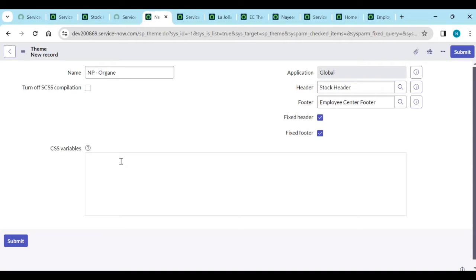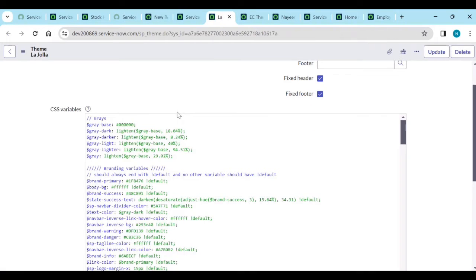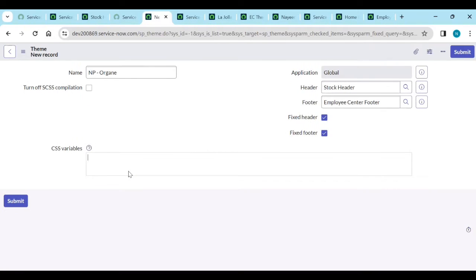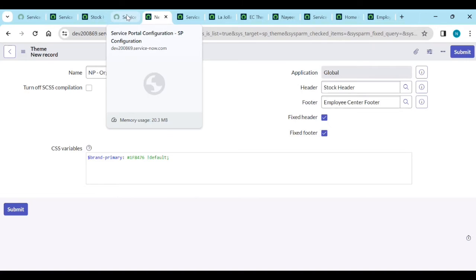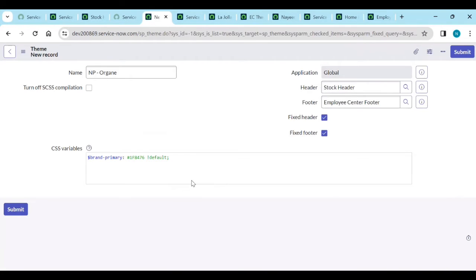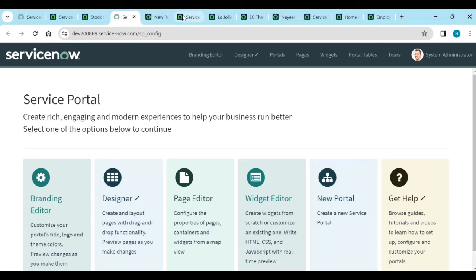If you have any CSS variables, let's paste them. So brand primary. I will copy these branding variables, the brand primary color. Okay, let's see about this theme. Generally, if you don't have any theme CSS variables, then it will take the